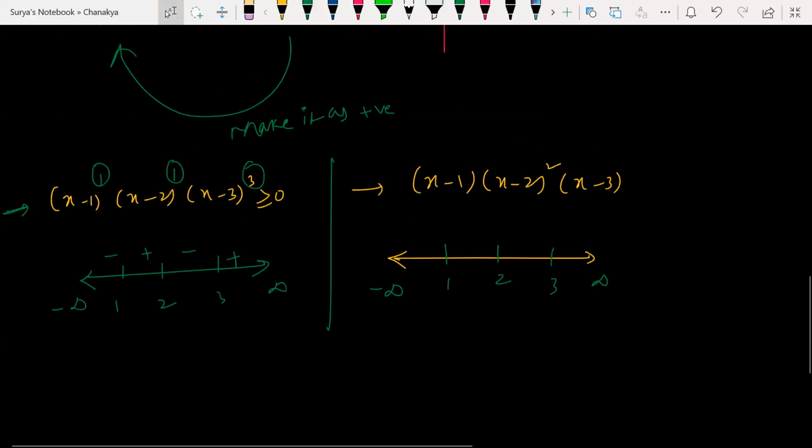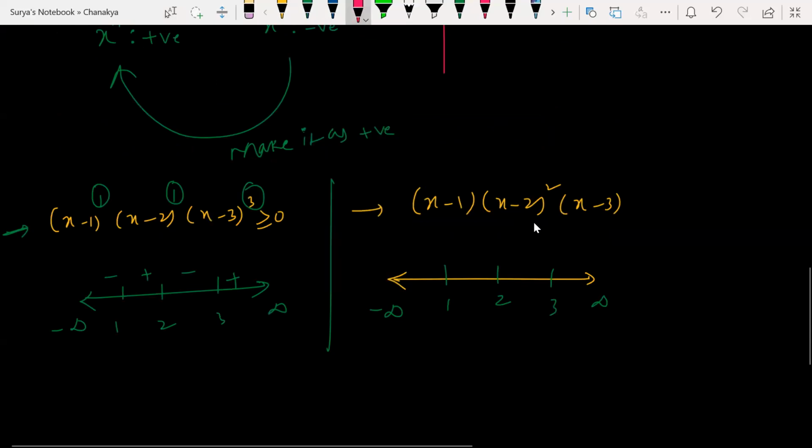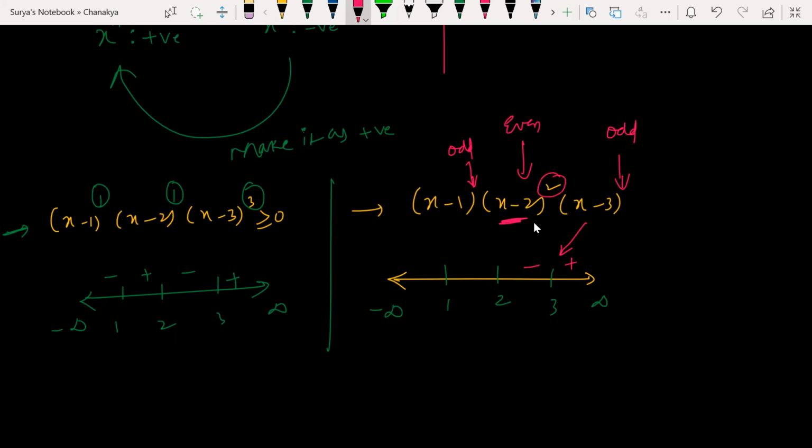Guys, look at this beta here. Try to understand carefully. See here, I'm talking about 3, right? Power is odd here, power is odd here. For this, I have even power. Okay, odd, even, odd I have. So at x equal to 3, odd I have, right? So from the right hand side, I'll start alternate signs, plus, minus. But at x equal to 2, look at this here, I have even power, which means the sign will not change. Minus will go as minus only again. Okay. Now look at this. Sorry, odd power. So what will happen?